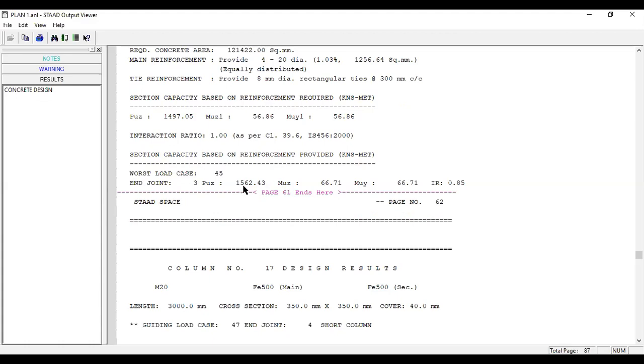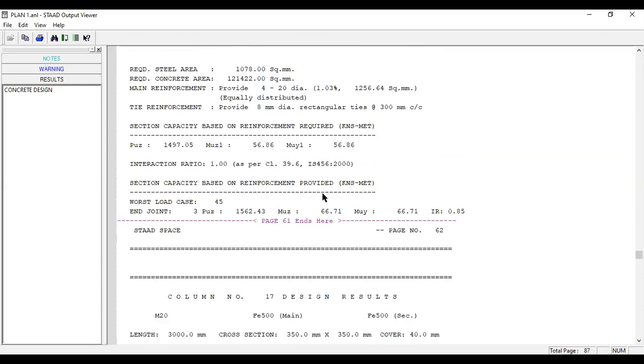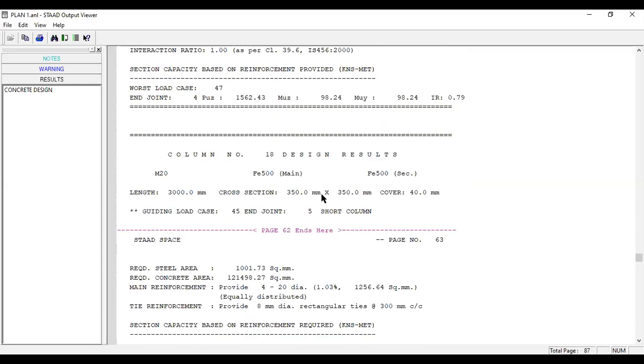So the capacity is also increased from 1497 to 1562. Also the moment capacity is increased from 56 to 66 kilonewton meter. Like that you can find out all the data for all columns.